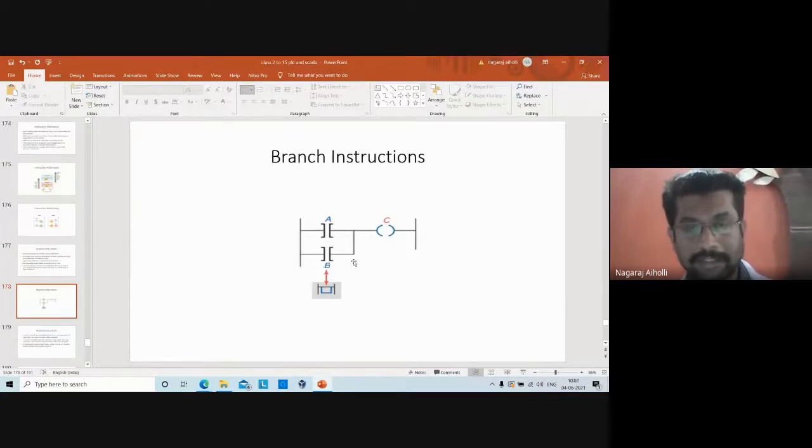This is the parallel branch B. The contact B, what we are seeing, is a parallel path along with that of A. That is called the parallel branch or the branch instruction. Whatever branch instruction we have used here, we can repeat it or use it in any other form in the other parts of the program also. Then this is a coil or the output.